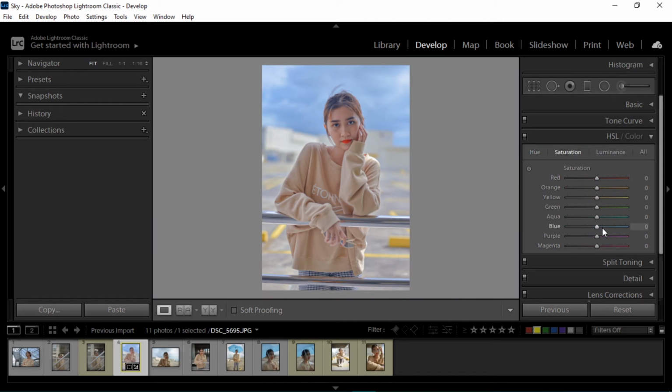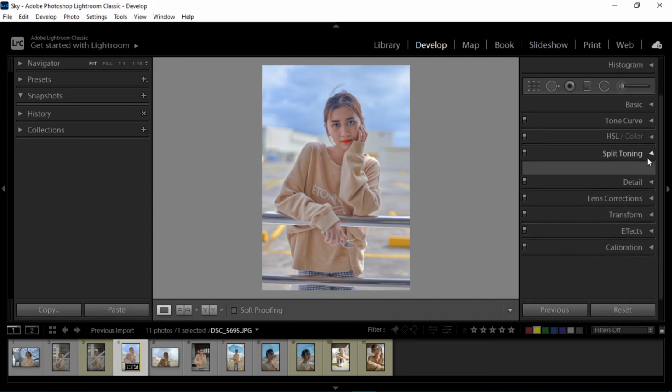Now for the saturation, let's say the yellow is too bland. I can push this up, and you can see her shirt turning more and more saturated. And for luminance, this controls the lightness of the color. So let's say I want to control the sky. The sky is too dark. Just boost it up and make it brighter, like this. You can also use this button right here to control from the image directly. Once you're done, click done,